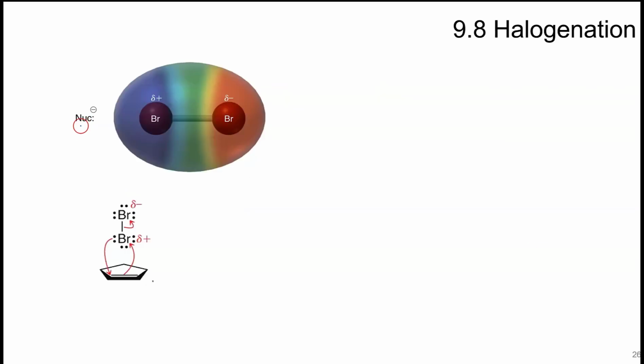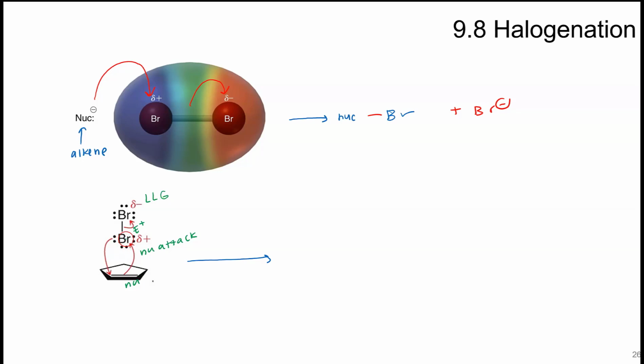The alkene usually serves as the nucleophile. This is the halogenation, an electrostatic map, and you can see that it's polarizing itself. So even though Br and Br are the same electronically, they can polarize themselves to make a partially positive and a partially negative end. The nucleophile can attack here, form the bond plus Br minus. If we were doing the reaction with cyclopentene, we would see a nucleophilic attack. This is the nucleophile, this is the electrophile, and also loss of leaving group. When this attacks here and those electrons come back down, we form what is known as a bromonium ion